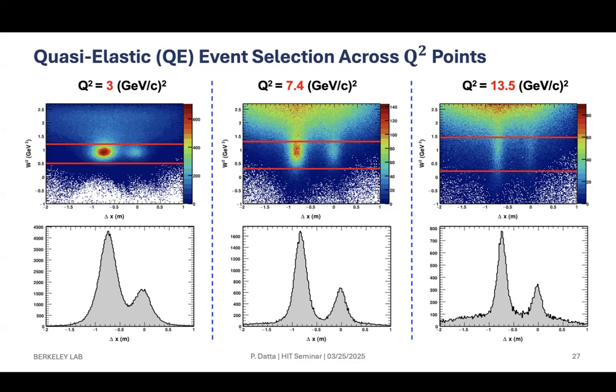So our philosophy for fitting this distribution is to generate realistic signal shapes from Monte Carlo, and then combine those signal shapes with some background model, and then do the